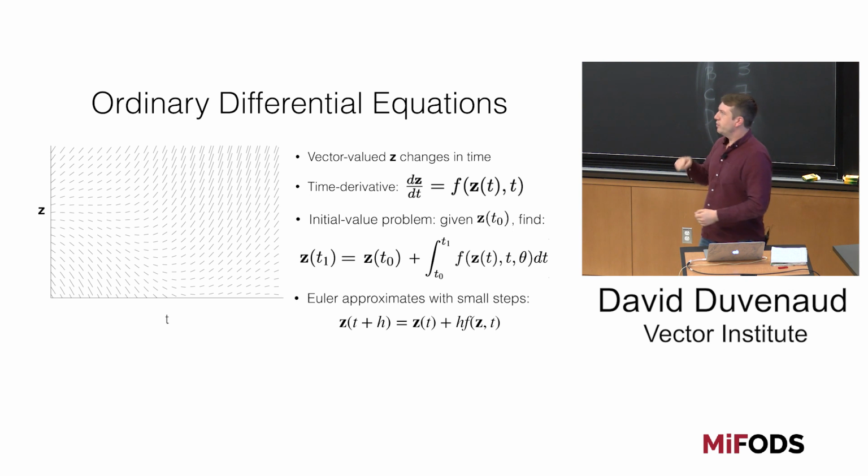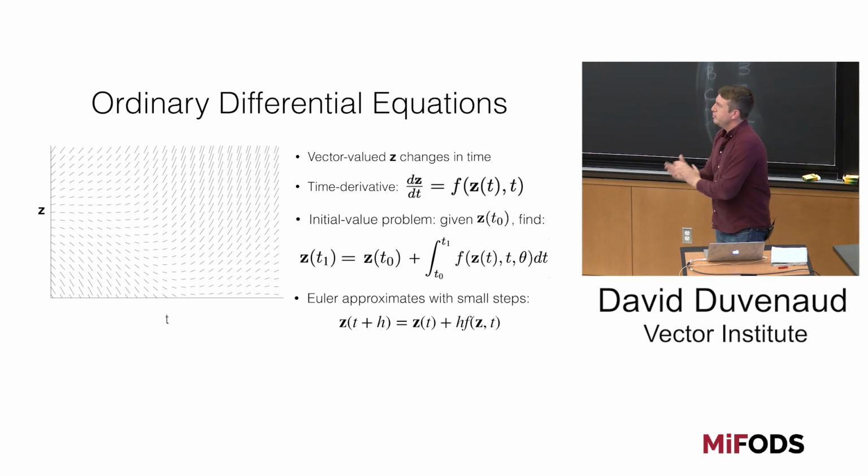And of course, when we want to make predictions using this model, we end up having an ODE initial value problem where we have to say, if I started at this point in this vector field, where would I go if I followed it locally? There are many different approximation strategies, the oldest and simplest of which being Euler's method that takes discrete steps along the way, each accumulating error in an uncontrolled way.